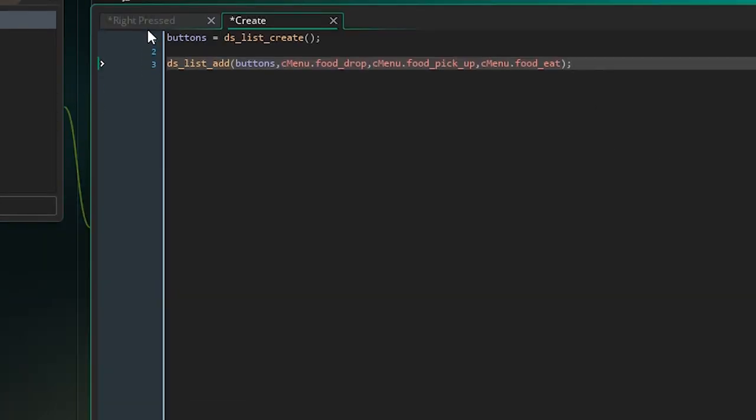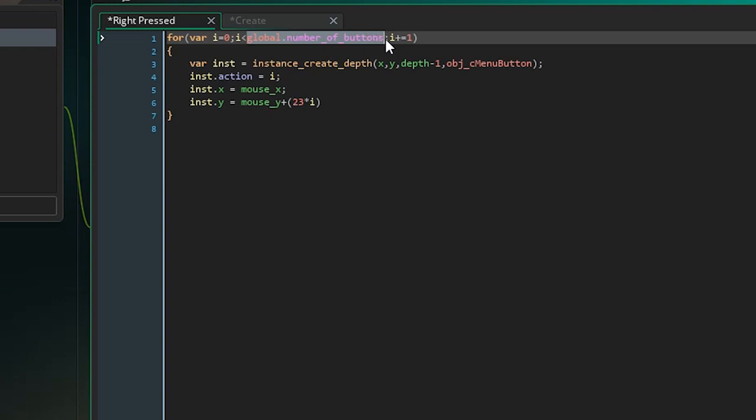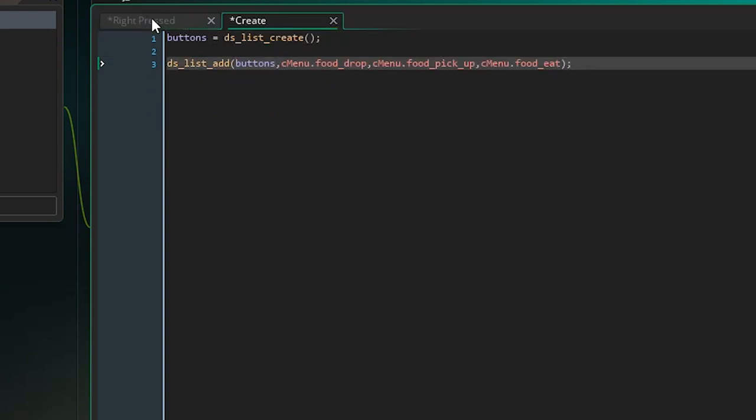And so now we're just going to change this for loop under right pressed, and we're just going to take out this global number of buttons. We don't need that anymore. Instead of that, we're just going to say ds_list_size(buttons). So however many values we have in our list here, which is 3, it will run that for loop